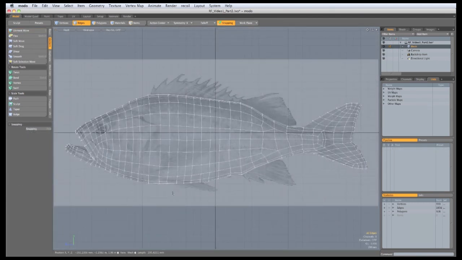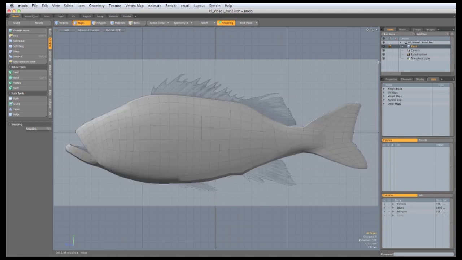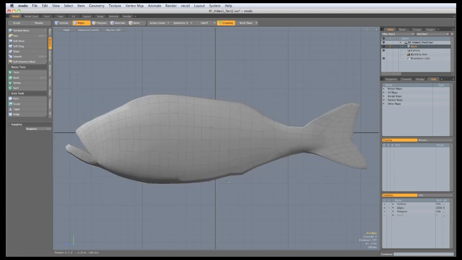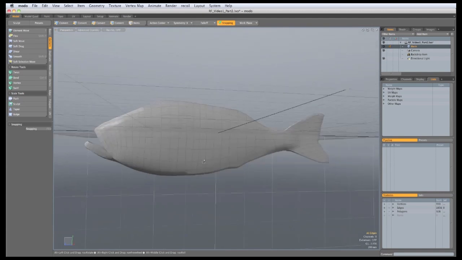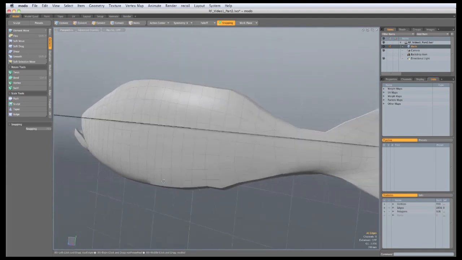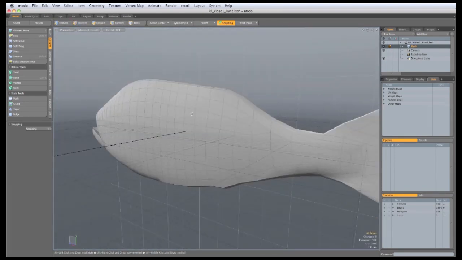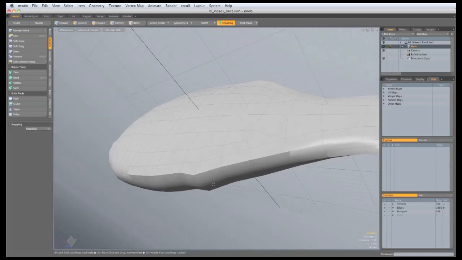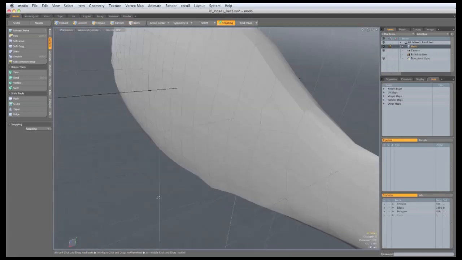Now it looks great in 2D, but what does it look like in 3D? Well, to find out, we'll hit 4 to go back to a shaded view, we'll hide the backdrop item, and then we'll go to a perspective view. Now because of the way we've edited the mesh, the continuity of the surface is pretty good. The only issues we've got is at the bottom here we've got quite a hard edge, and also at the